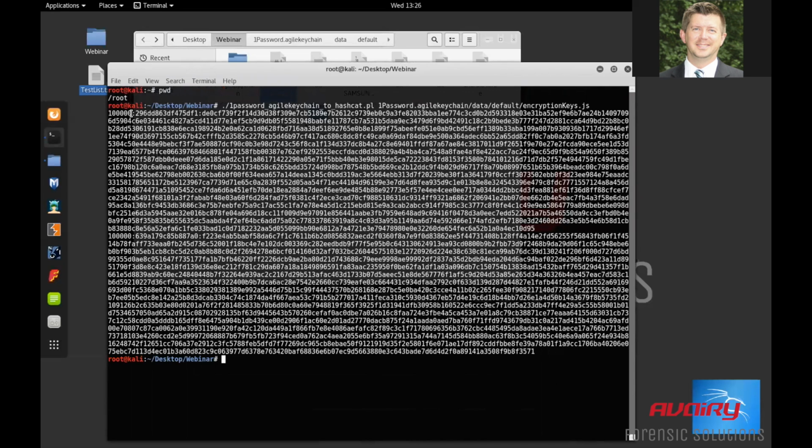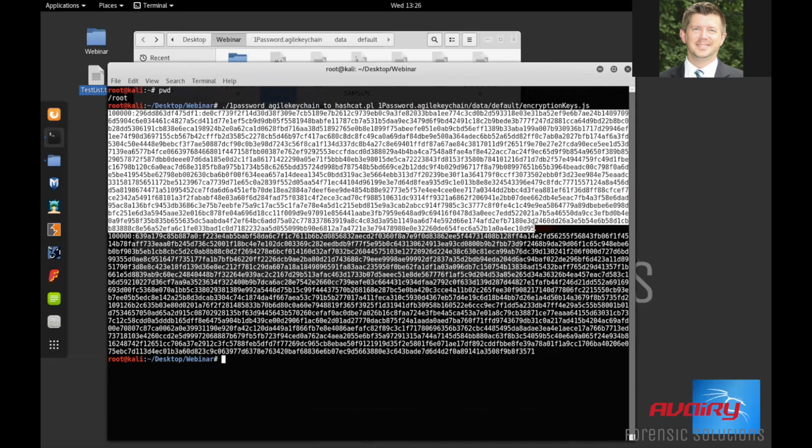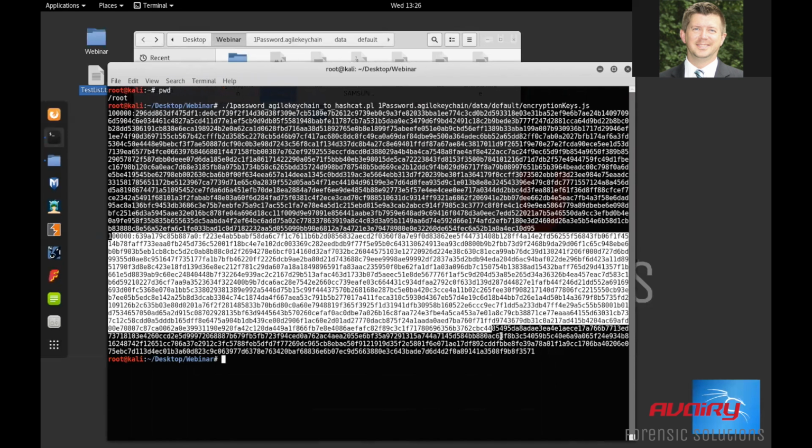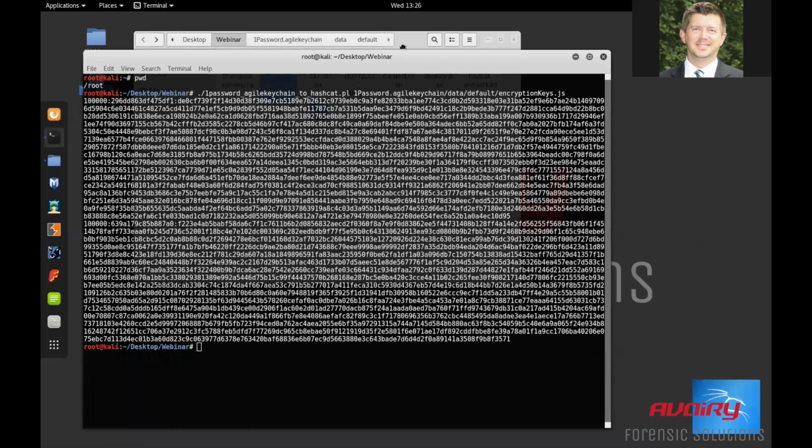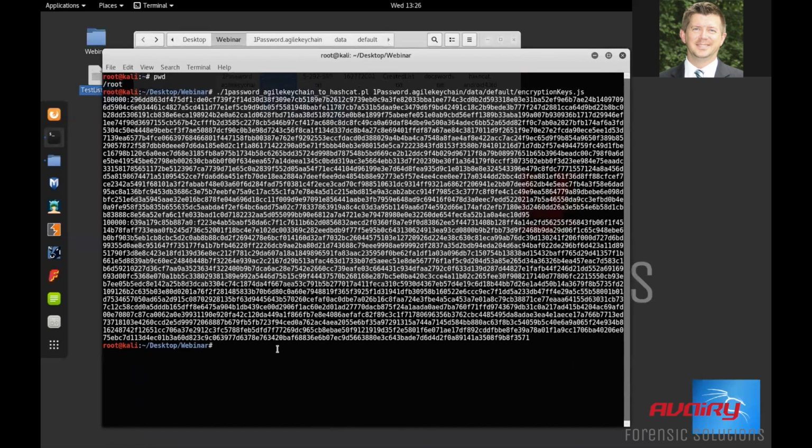Now this is ugly. Would you agree? There's two keys in here. There's this one, and then there is this one, which are pretty ugly, and I don't want to deal with them in this fashion. So what we need to do now is get them into a way that is more manageable. To do that, we can just put the greater-than sign, and we can just say